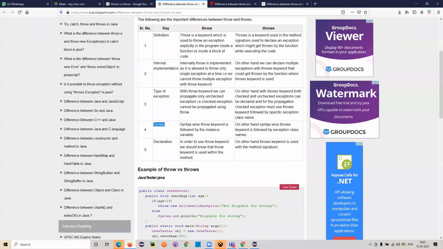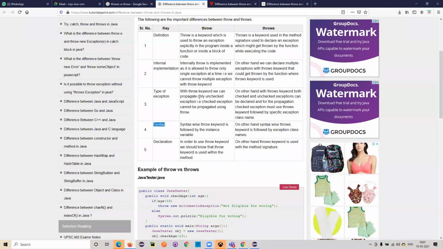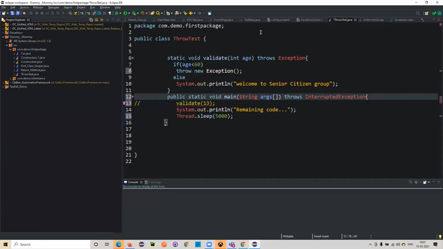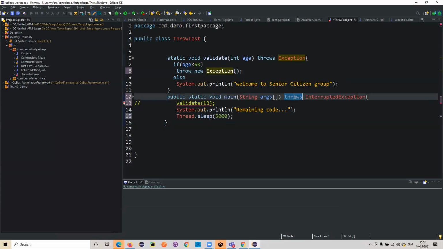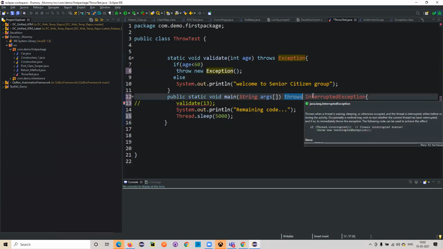Now let's see what the other point is. With the throw keyword, we can propagate, which we have also discussed. With the throw keyword, only runtime exceptions can be allowed here. But whereas in throws, both runtime and compile time exceptions can be declared and propagated.